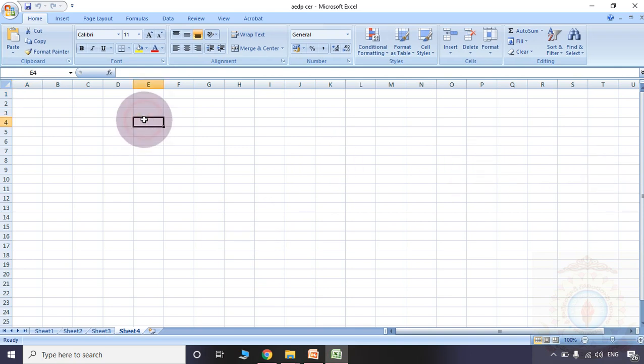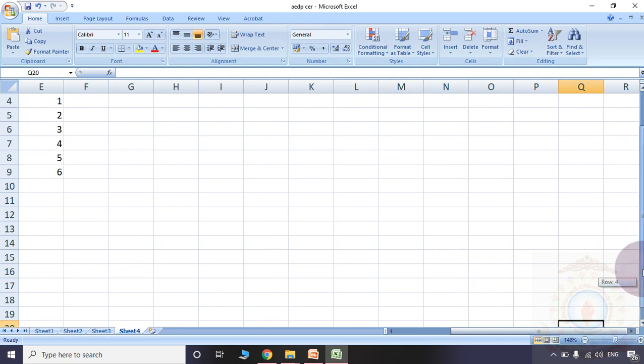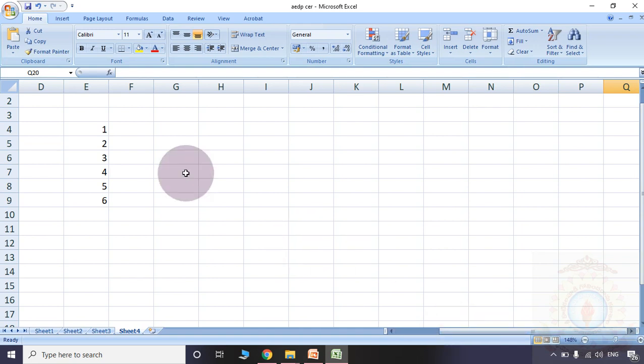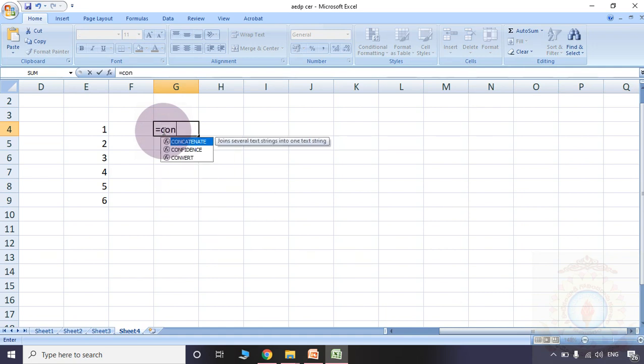One more trick I will show. Here I am showing different numbers, 1 2 3 4 5 6. Only for your convenience I am increasing the zoom. Now it is very clear to you. Please observe here, the equal to symbol I am selecting. Please observe in the Excel sheet,